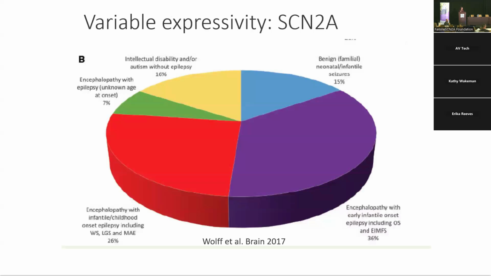And then there's a term called variable expressivity, and this is a little bit outdated as far as the terms. So the other thing about epilepsy syndromes, which gets really confusing, is the International League Against Epilepsy defines these syndromes, and every 5 or so years, they change the names. So it gets really confusing. So even these terms are old already. But what it shows you is with a variant in SCN2A, it can present in multiple different ways. And in any given individual in your family, you may hear different terms over time because some of these syndromes are age-based and you evolve from one to another.